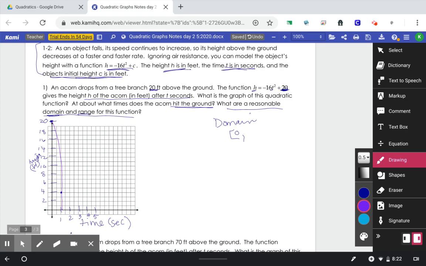So this is where you can go into your graph like we did yesterday. If you go into your graph and then hit second trace, you're going to go to that calculate button. If we go to that 0 button again, remember 0 is when it crosses the x-axis, it's when that y value is 0. So if you click on that button and you calculate,